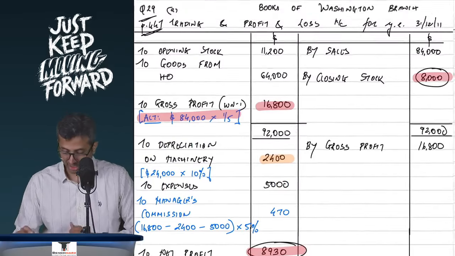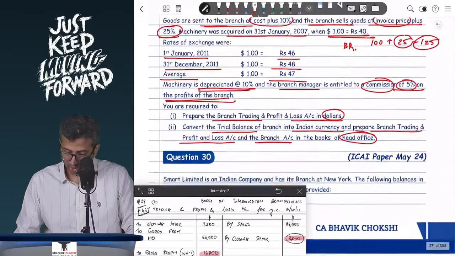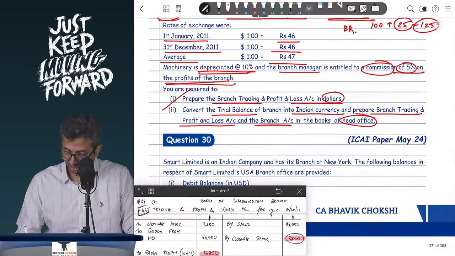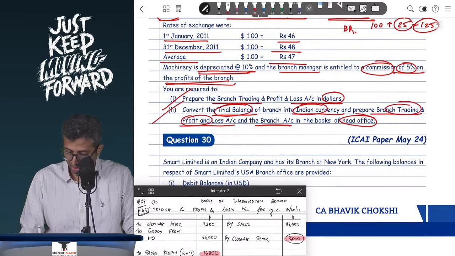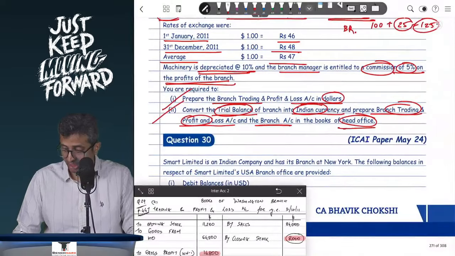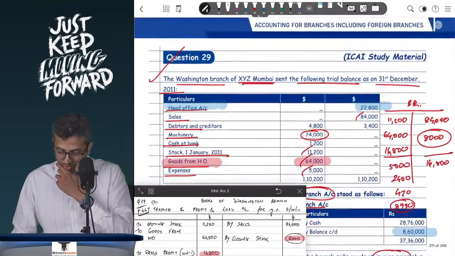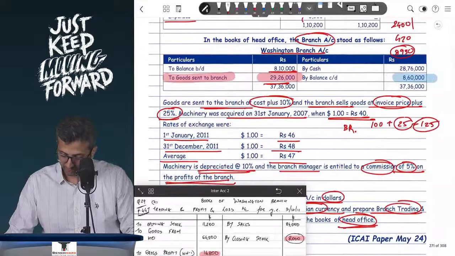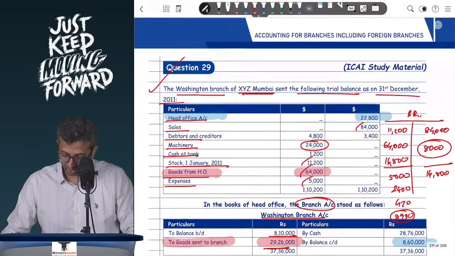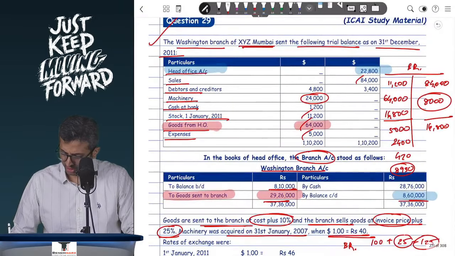Now based on that, what is the question further asking you? First point is done. Preparing that branch P&L account in dollars, convert the trial balance into Indian currency and prepare the branch trading and profit and loss account in the books of the head office. So in the books of the head office, this has to be in rupees. So if I had to convert this, every item you will convert as it is. So the head office account will be at 8,60,000